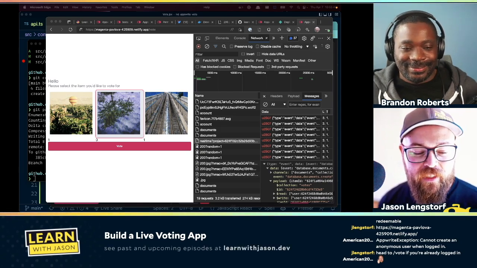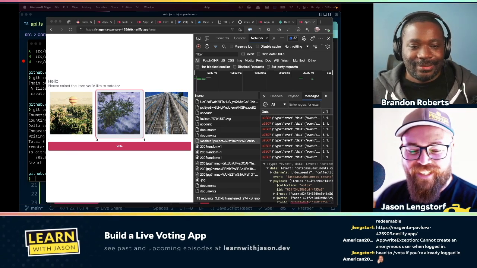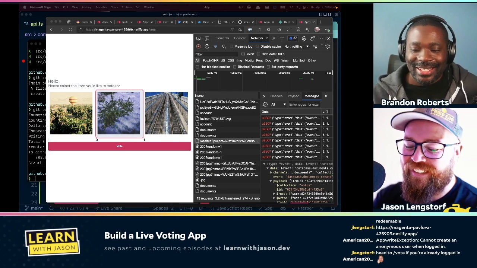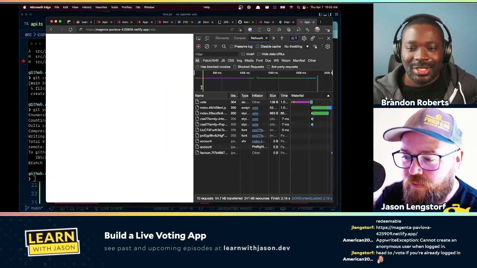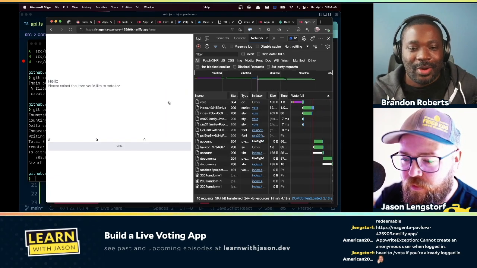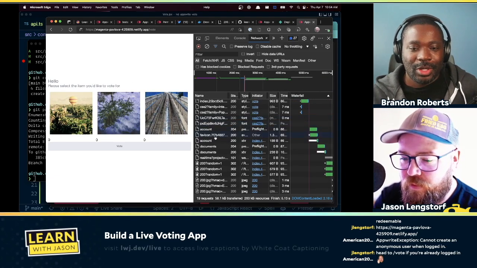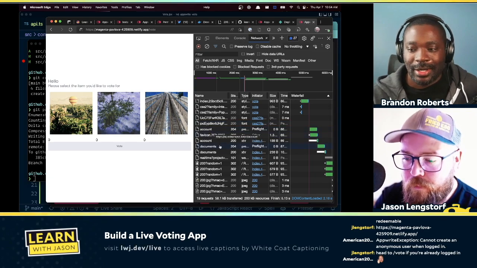I imagine Brandon has this built up in a way that actually functions, so we can also link to the working code. Yeah, there's definitely a branch, which I'll give credit to you. I'm pretty sure it's just a small tweak, but yes, there is a branch on the GitHub repo